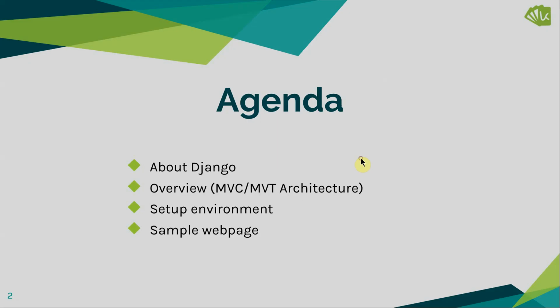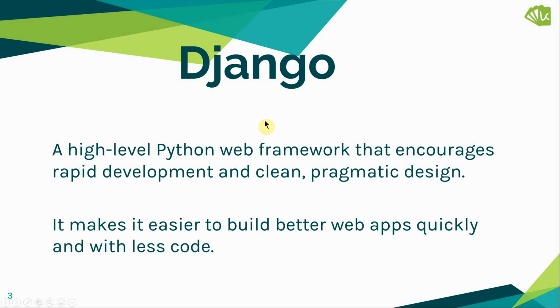Okay, moving ahead to the Django. So as the definition says on the slide, Django is a high-level Python web framework that encourages rapid development and clean, pragmatic design. Quite a lot of jargons, but yeah, let's break it down a bit. So, a few points that we can look here is first, it's a web framework. Then, it's a high-level language written in Python. It encourages rapid development and clean, pragmatic design.